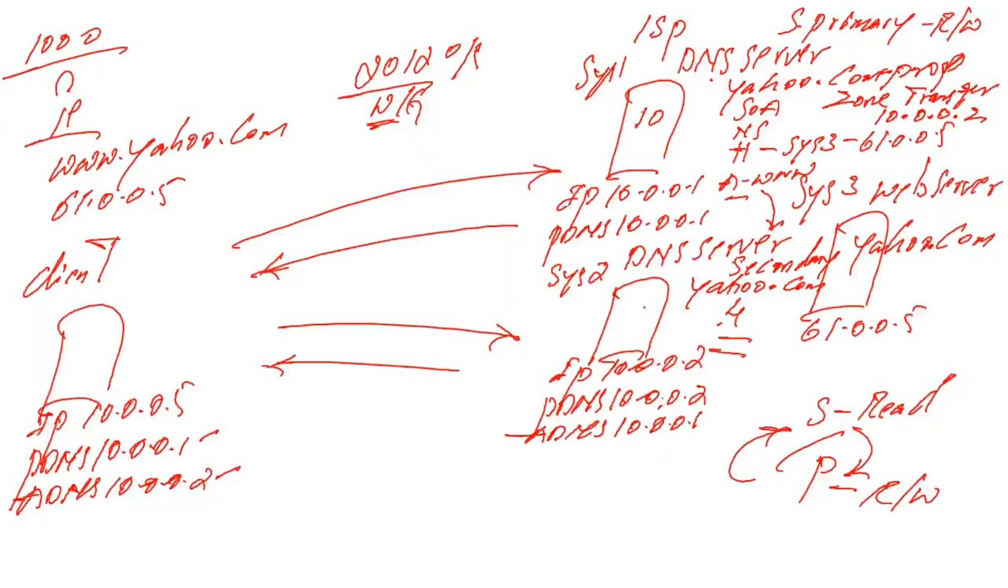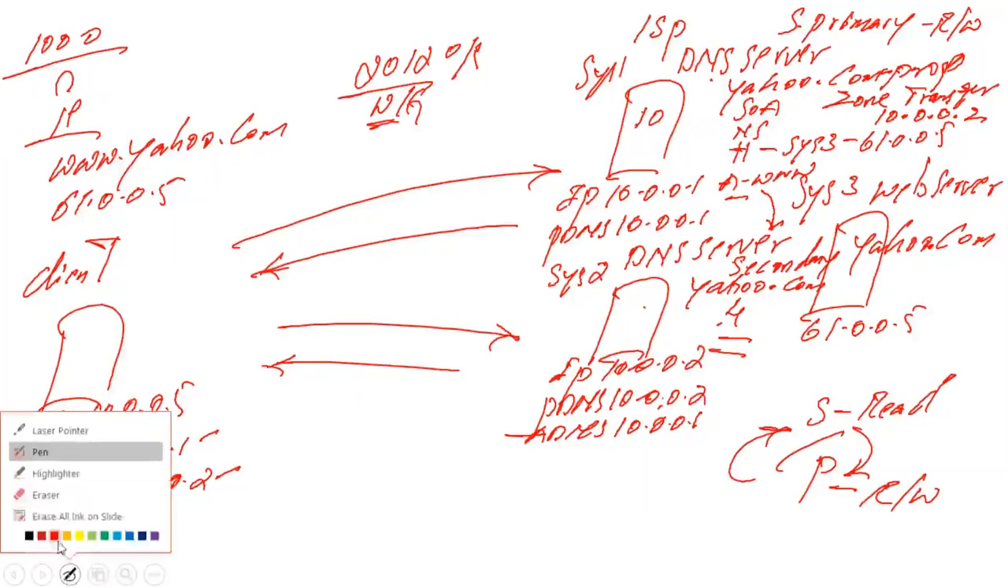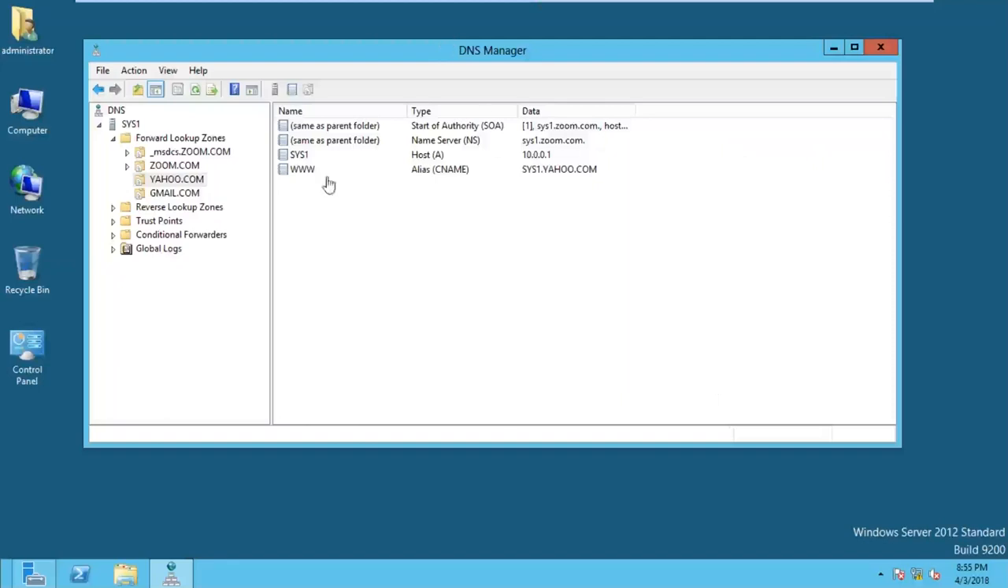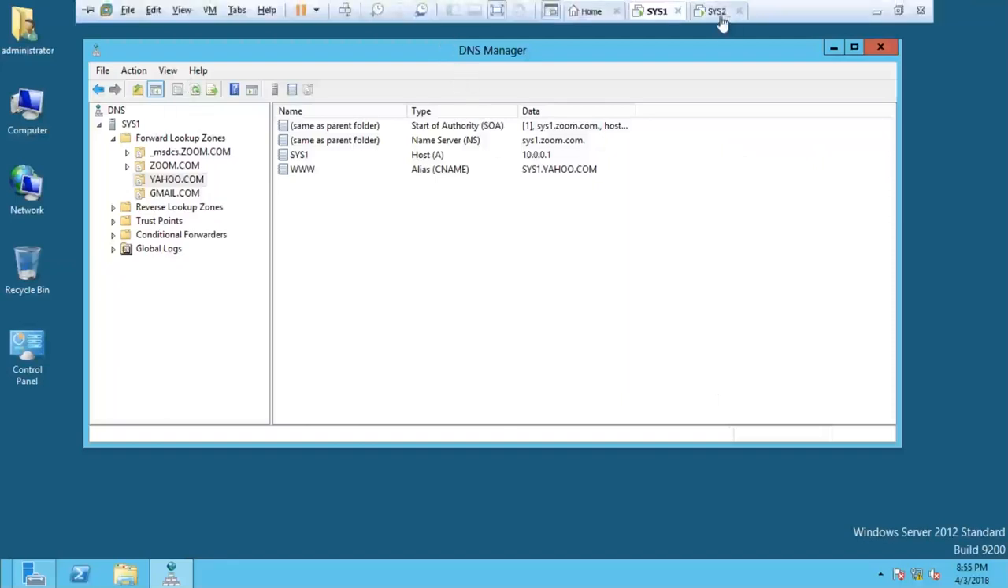In system 2 backup DNS server, refresh the yahoo.com secondary zone and check all the records here. Okay, so now I'm going to my, this is my system 1, so I'm going to my system 2